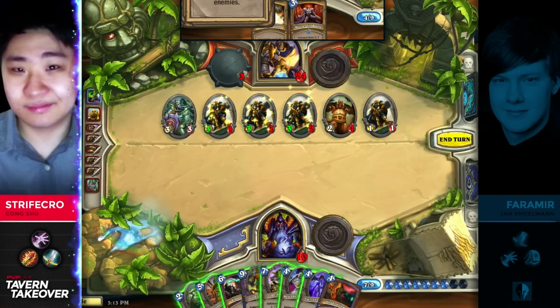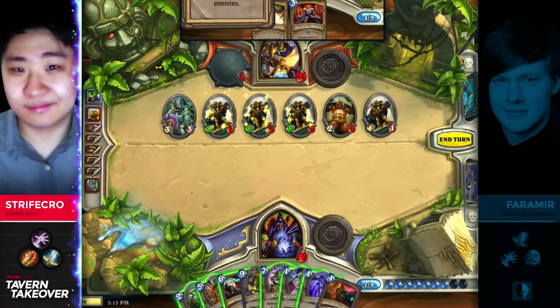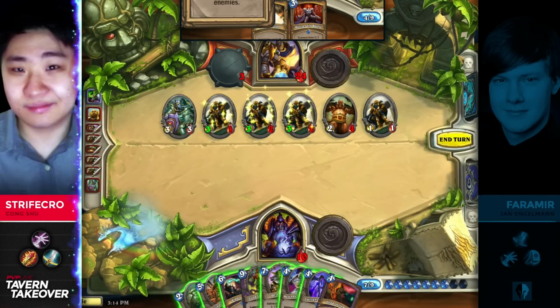But 2 of these minions are going to live through this Shadow Flame anyway because he doesn't have the mana to play Twilight Drake and Shadow Flame this turn. Yeah, it's got to be Shadow Flame. So with Shadow Flame coming down...